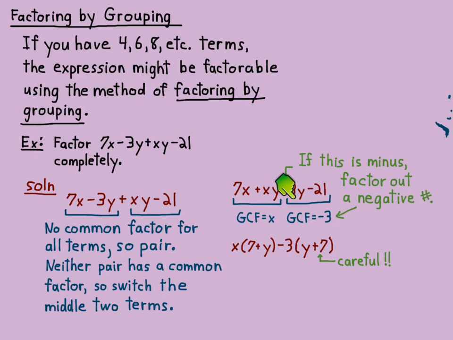Okay, so I'm going to factor out the minus 3. So this over negative 3 is y. And negative 21 over negative 3. Negative over negative is positive. I write down the plus, and 21 over 3 is 7. Now, notice I went from having 4 terms, 1, 2, 3, 4. Now I only have 2 terms. One term and the second term, right? So I went from 4 terms to 2 terms, and now I need to go from 2 terms to 1